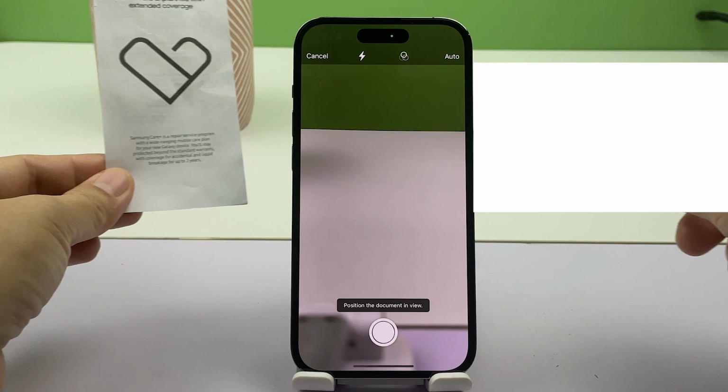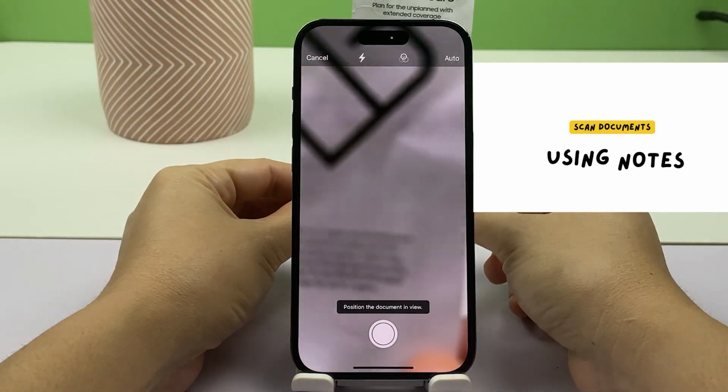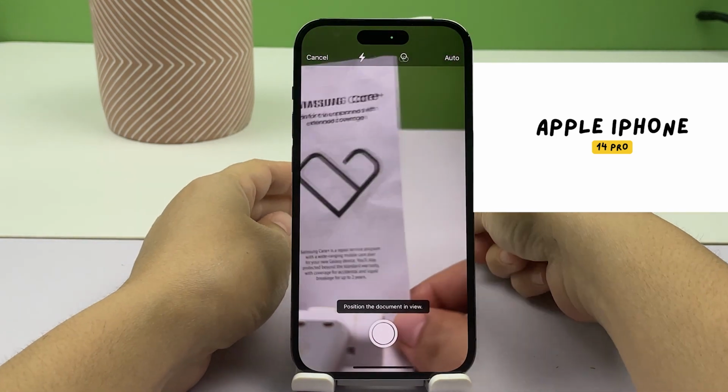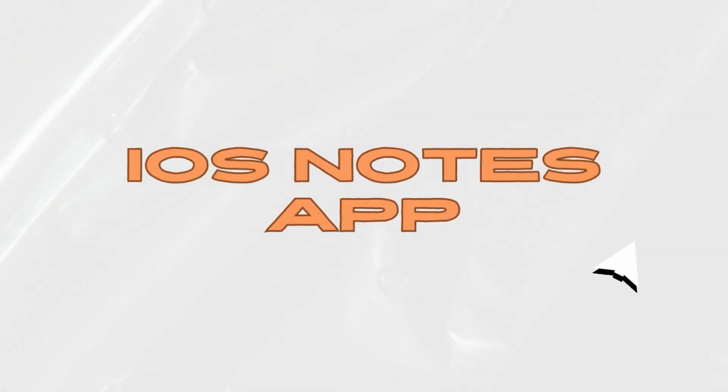Need to scan some important documents but don't have a scanner? If that is so and you've got an iPhone 14 Pro, then you can just use it as a scanner instead. This is made possible with the pre-installed Notes application on your iOS device. In this video, we'll be showing you how to scan a document using the Notes app on the iPhone 14